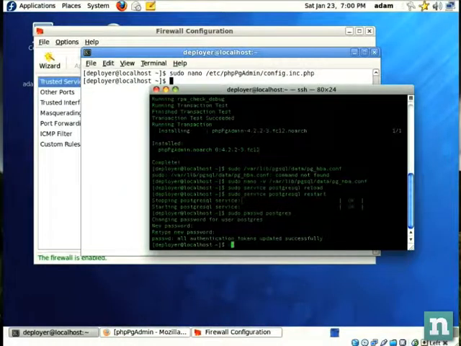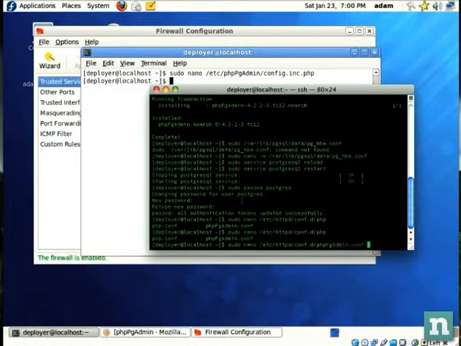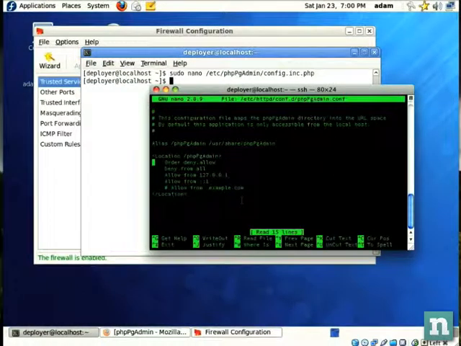That's in the etc directory as well. And we're just going to go ahead and add our IP address. So we can say allow from